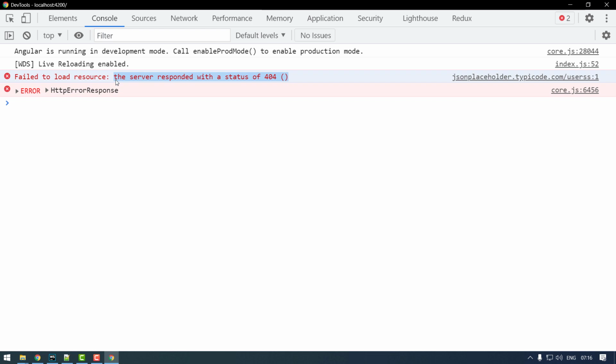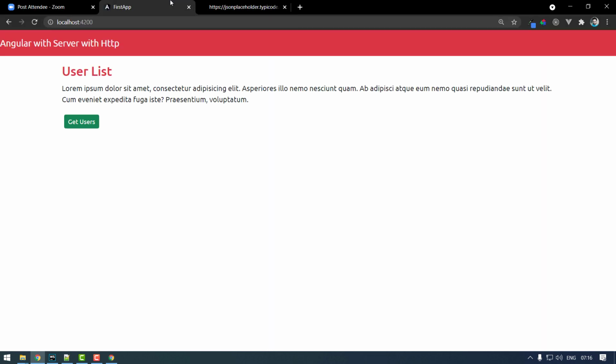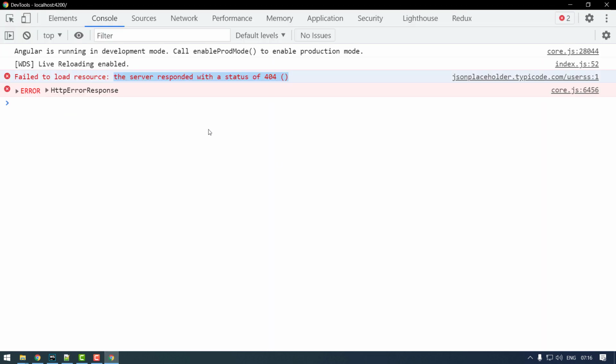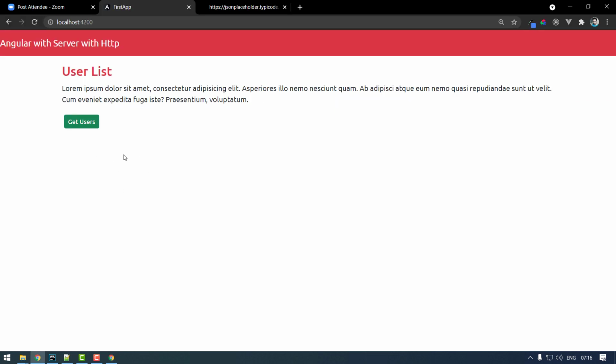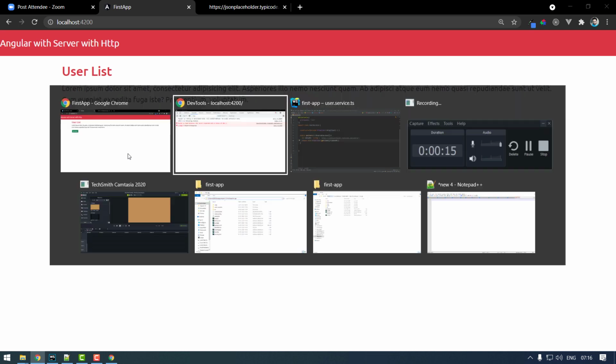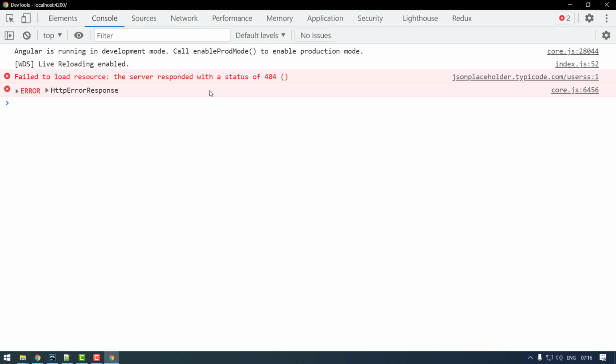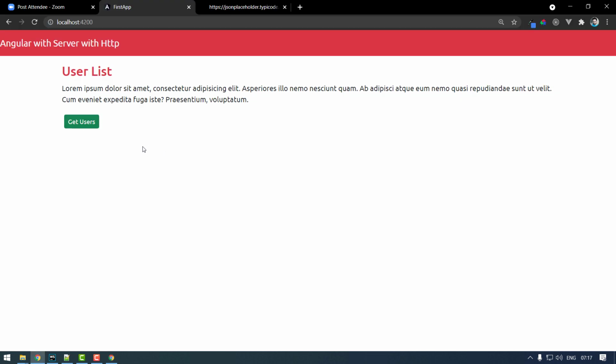So we are unable to get the server data and we get a 404 because the URL which you requested does not exist on this server. We need to handle these types of errors, and we don't want them only in the console log. We want to print them on the UI, because your customer will not go and check the console window. The end user is not that technical to understand this error message, so we have to print it on the screen itself.